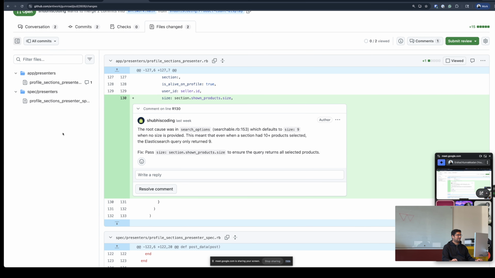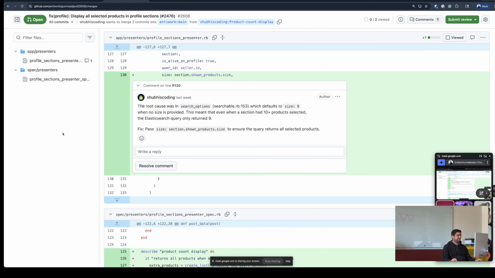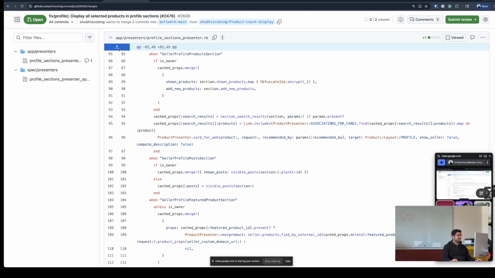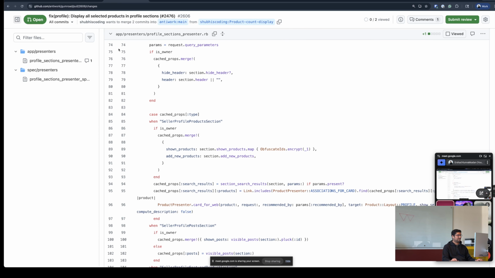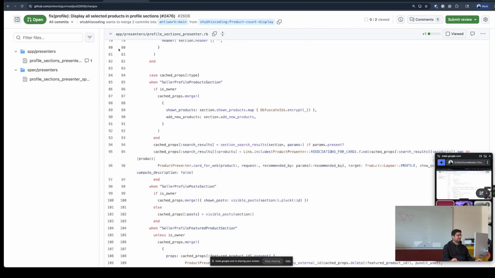So this is plus 15 lines. That is great. Love small PRs. So profile actions presenter. I think we should look at the whole file here, or at least expand up and down a bit, because this is very hard to see. Yeah, so